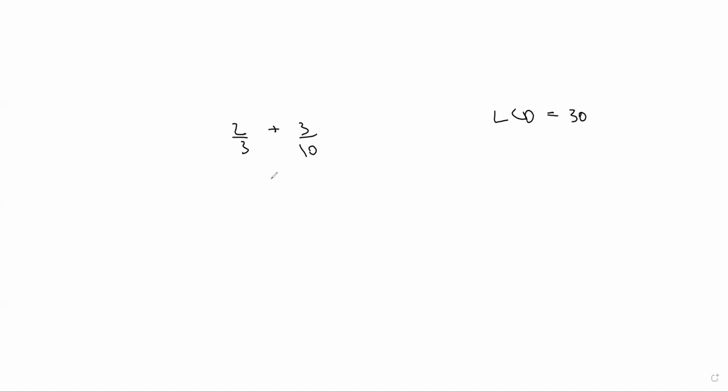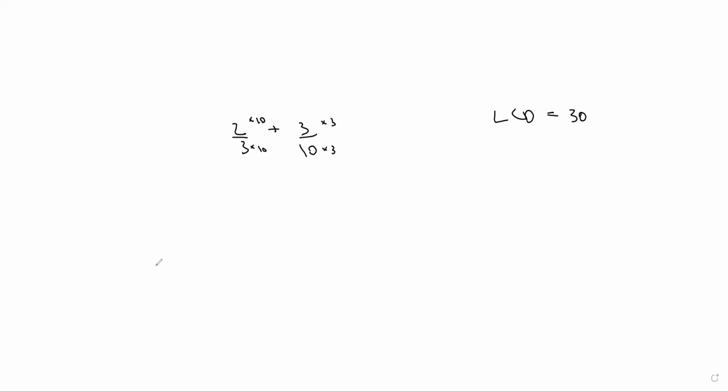And now let's change each of these fractions. You just look at each bottom number and ask yourself, what do I need to multiply this by to get to 30? So times 10 in this case, and whatever you do to the top, you always do to the bottom, and vice versa. So you have to multiply both of them by 10. And then times this by 3, this by 3.